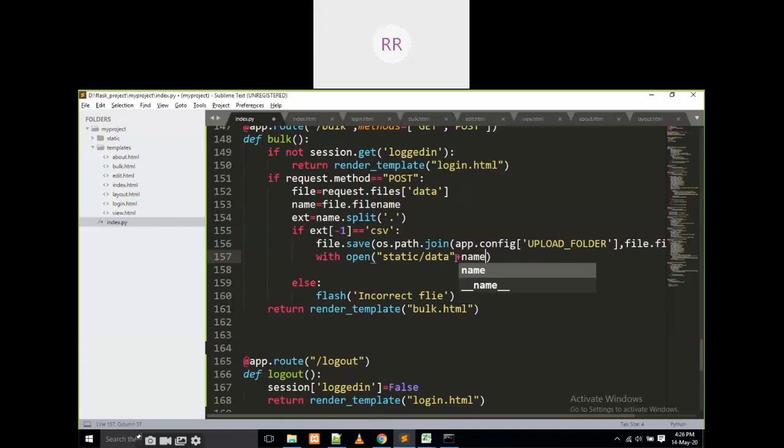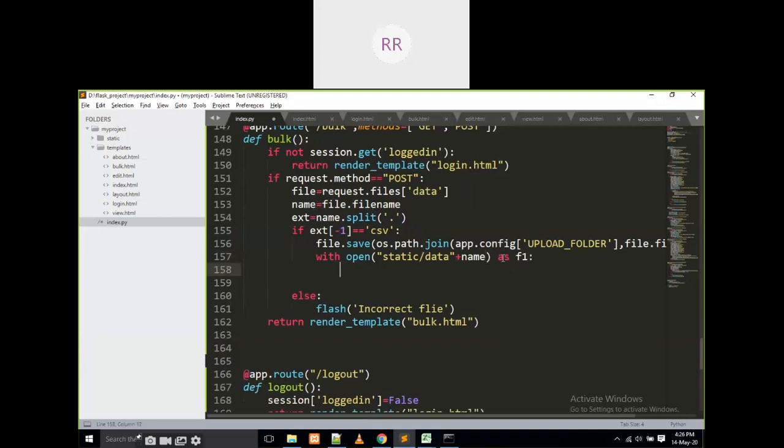That is enough, name. If you observe, name is the file dot file name, right? That's why I'm taking it as a name. Okay, I'm going to read from static slash data, and the name is going to be represented like this, file dot file name, no problem for that. Okay, as F1.